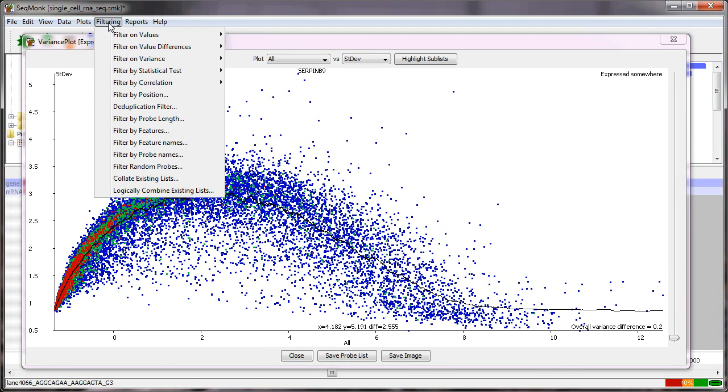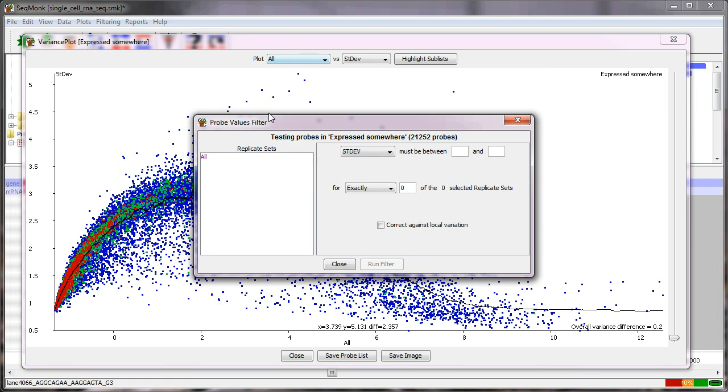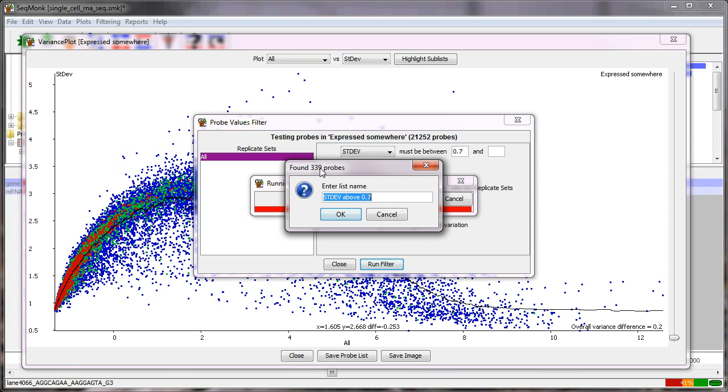If I go into the filtering menu and say filter on variance and individual replicate sets, in this case I'm going to filter for things which have a relative standard deviation more than 0.7 of a standard deviation away from that regressed line. I'm going to correct against local variation, so it's the difference from the regressed mean on here. It'll calculate that, and I get just over 300 genes coming out,